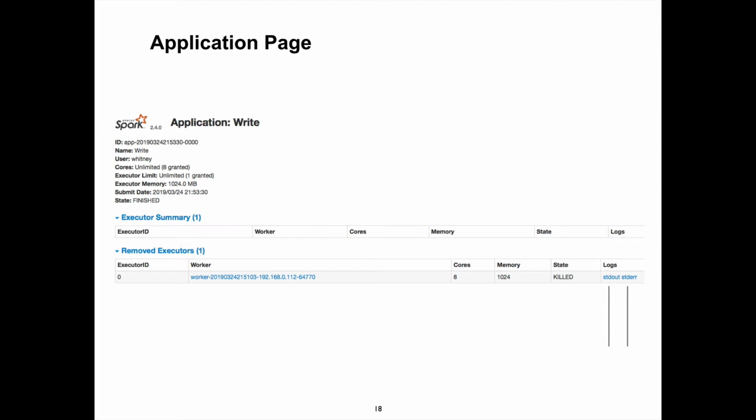So now we can start a master node, start a worker node, and submit jobs to the master. And if we really wanted to, we could do this manually on a cluster.